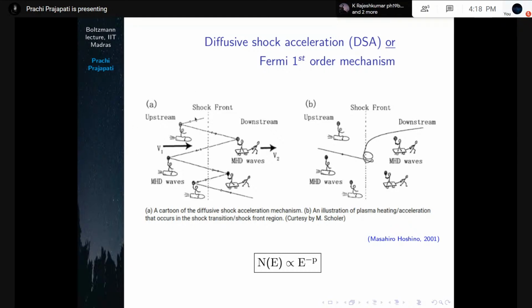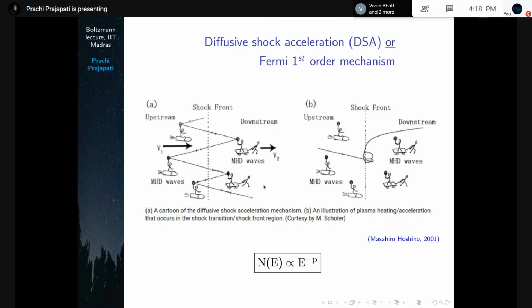So there are these particles in upstream which can cross the shock front and try to go to downstream, whereas there might be some particles in downstream which also can try to go to upstream. When we have this magnetic field present, it acts as a kind of mirror, where if a particle tries to cross this and come here, it experiences a head-on collision or head-on interaction with this material here, and it tries to go back to downstream.